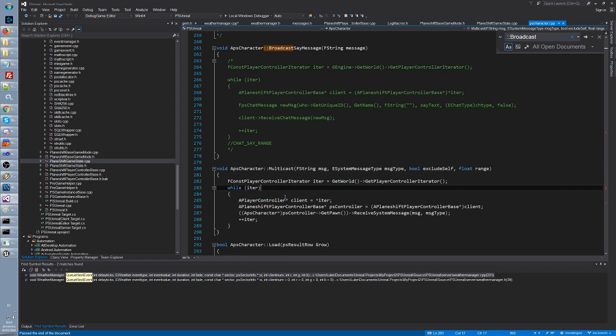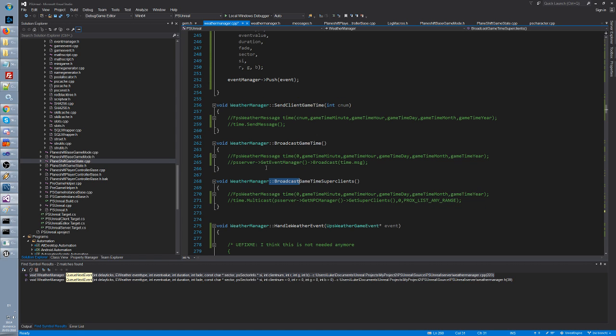This one is the one that we broadcast for, I think, the say message. When someone says something, or when we have to broadcast something to everyone in the world, right? So we need to do the same, exactly the same. So this piece of code, we just take it, and we move it here. And I just want to see if this broadcast was actually